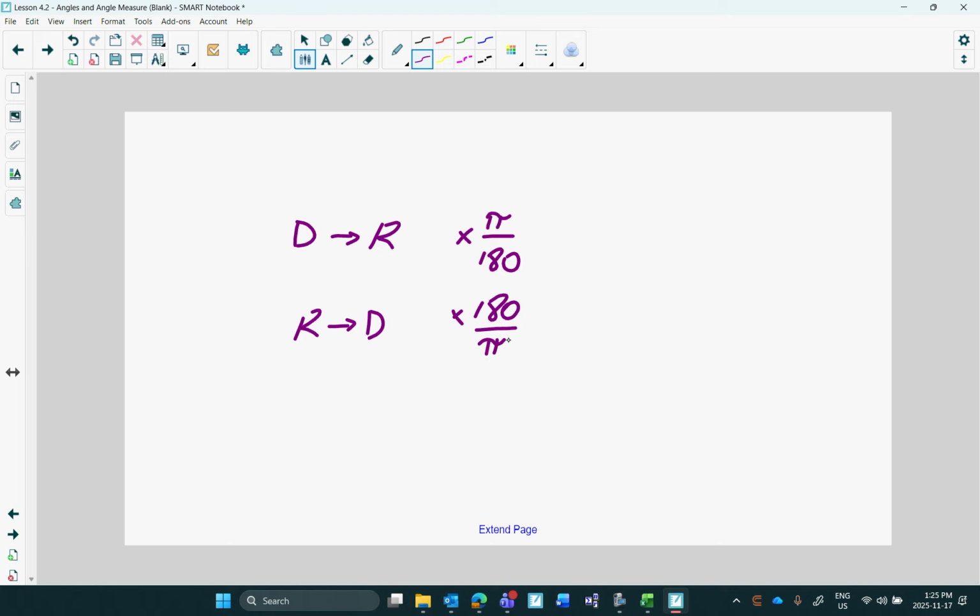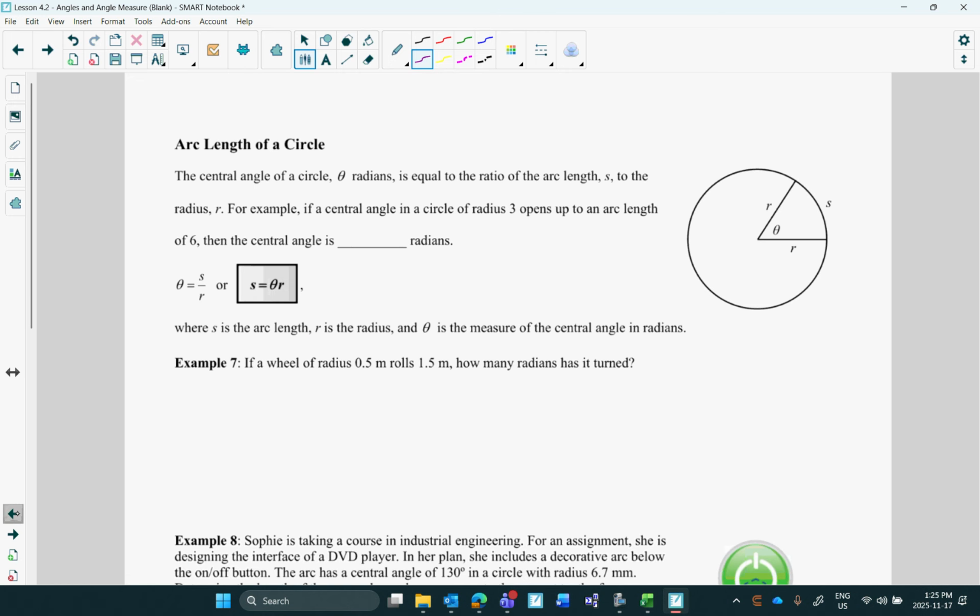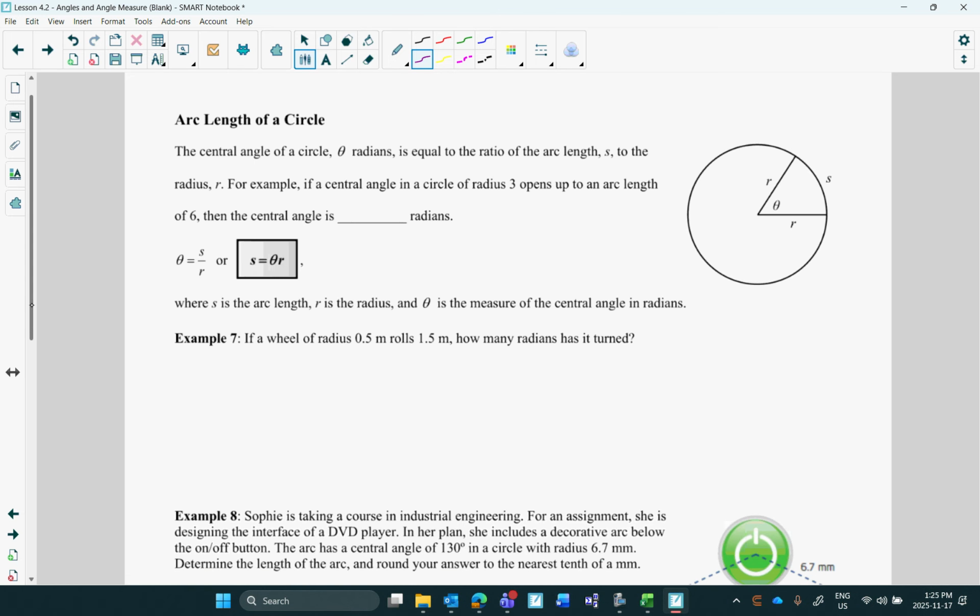And then we also talked about coterminal angles, which we're going to revisit a little bit later on in this unit. But this last piece of this lesson is just talking about a formula and applications where we can use radians. This is a formula where in order to use it, the angle that you're using in the formula has to be in radians. If you remember at the very beginning when we talked about radians,